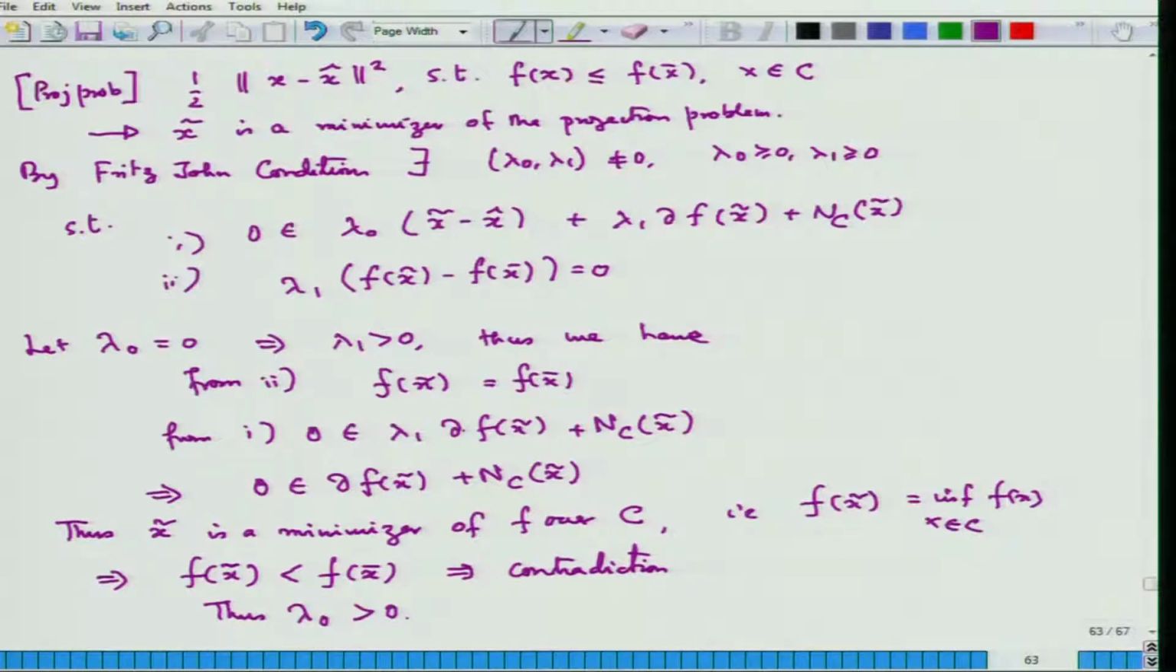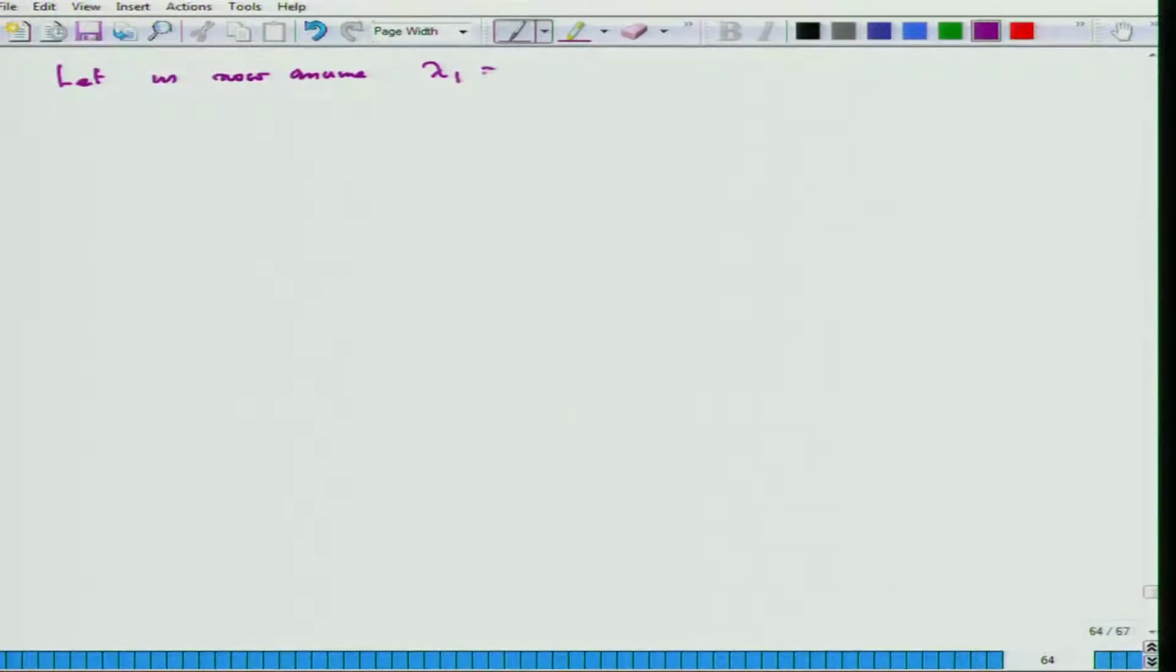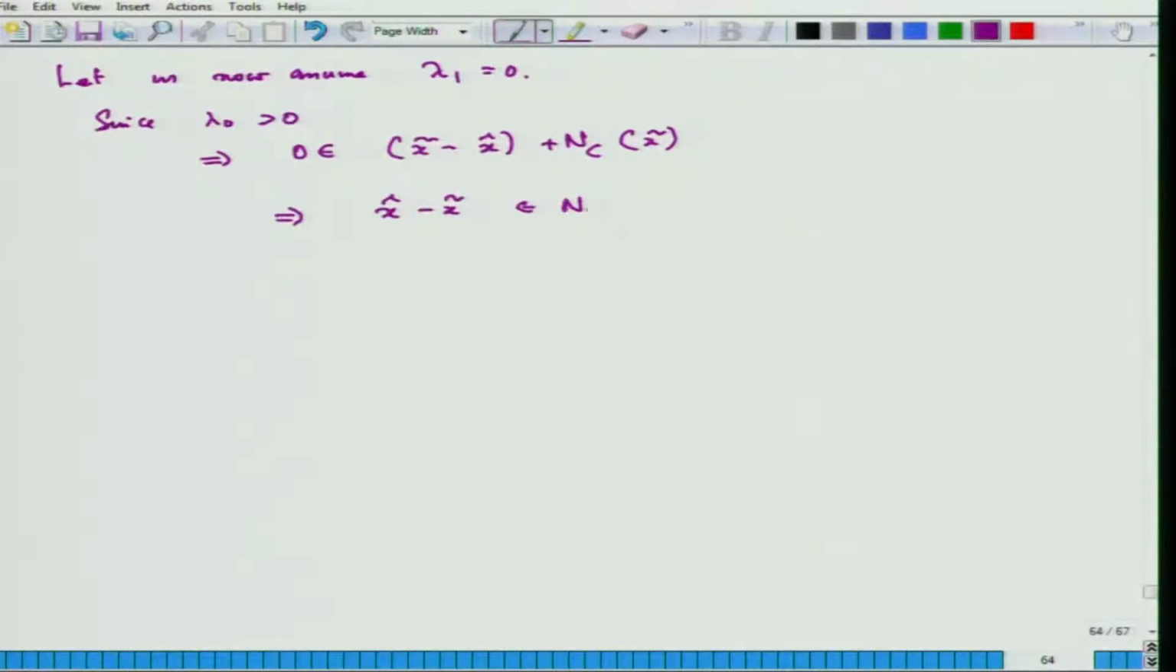Now, what would happen if lambda 1 is equal to 0? Let us now assume lambda 1 is equal to 0. Because lambda naught is strictly greater than 0, this would imply that 0 would be contained in this set. This would imply that x hat minus x tilde is an element of N_C(x tilde), which would imply that